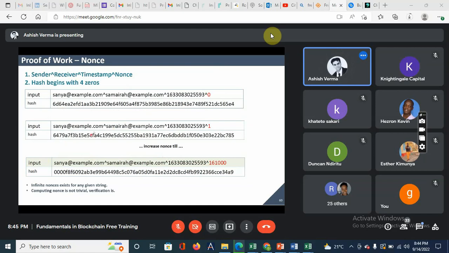In this case, with the same message, if we have the nonce 161,000, we get 4 leading zeros. If a computer goes one by one, it has to do 161,000 steps before it can find a hash that starts with 4 zeros. This is the computation problem given to all miners, and the difficulty level keeps changing. Sometimes it becomes 4 zeros, then 8, 10, 15 zeros, just to maintain the block time of 10 minutes.